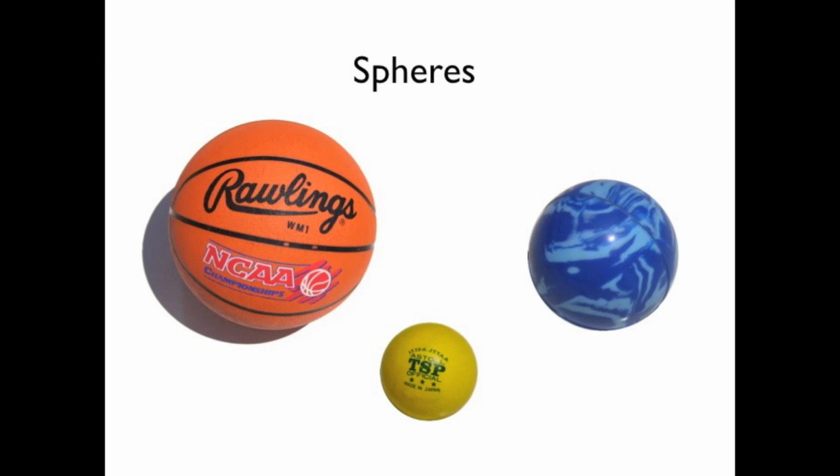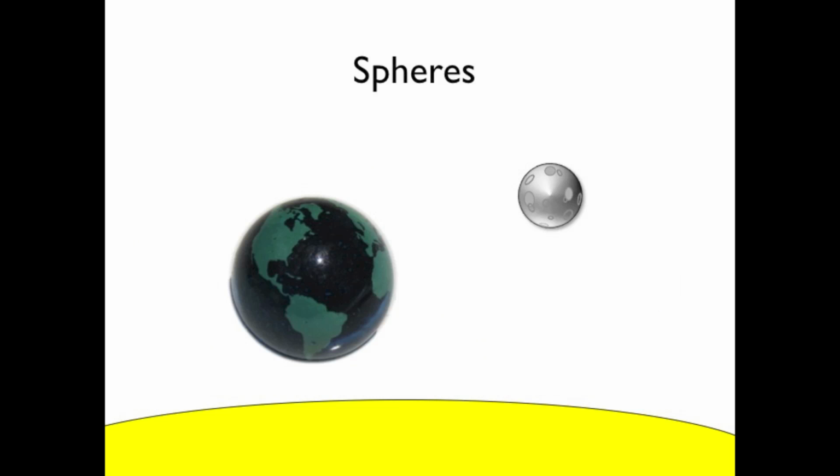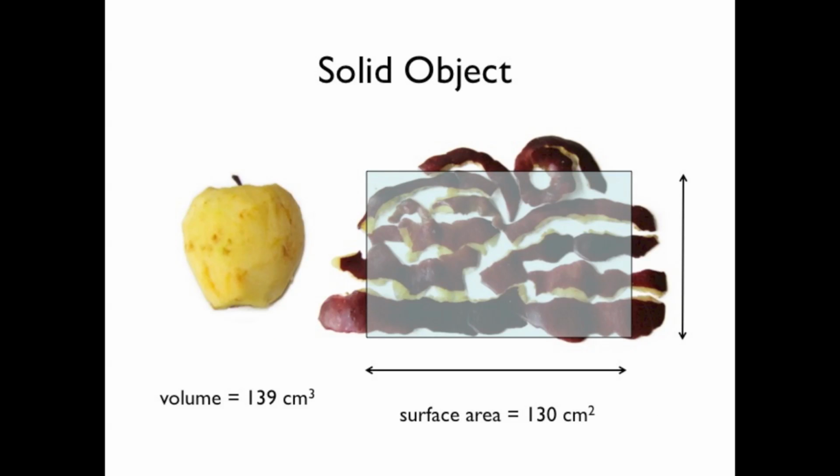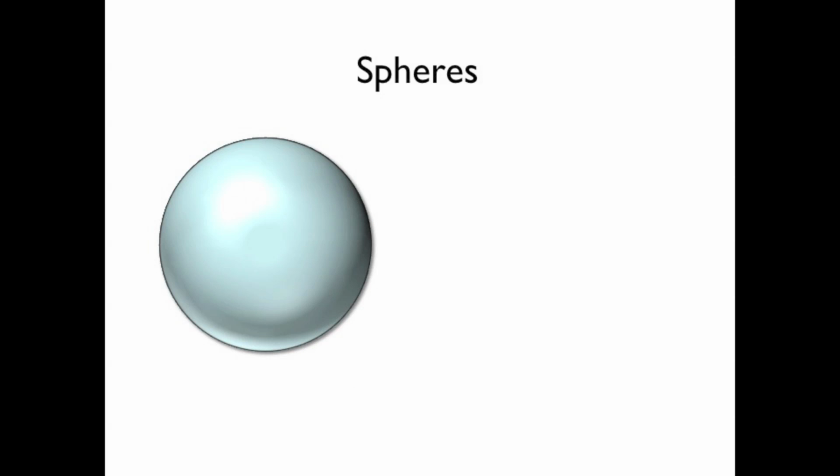Spheres. A sphere is just a fancy name for a ball. The Earth, the Moon, and the Sun are all pretty good examples, even if they aren't perfectly spherical. Like any solid object in 3 dimensions, they all have a surface area and a volume. Because spheres are so common, it is very useful to learn the formulas for the area and volume of a